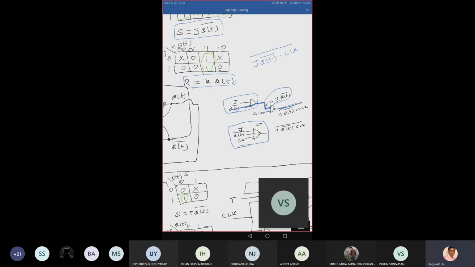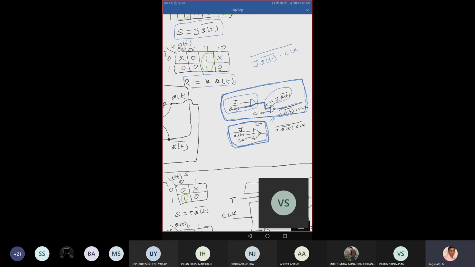The same thing I can get in another way. Here you can see, in the first case, I used one 2-input AND gate and then one 2-input NAND gate. Is the marking visible to you? One AND gate and one NAND gate. But here, instead of using two gates, I can use one 3-input NAND gate. Is it visible? Yes, sir. 3 input. Okay, so both give the same meaning.